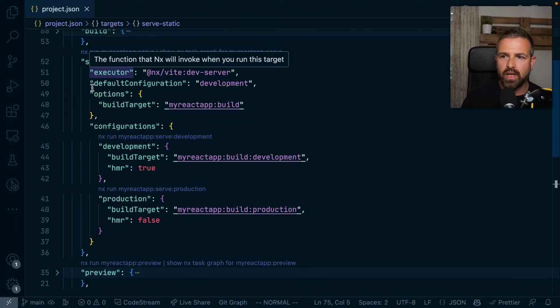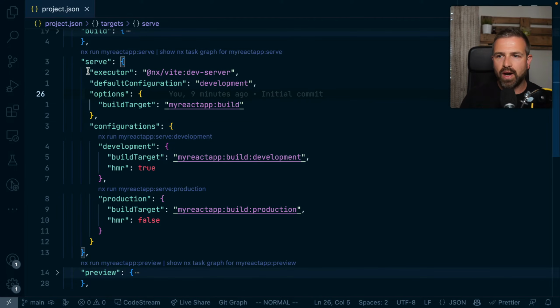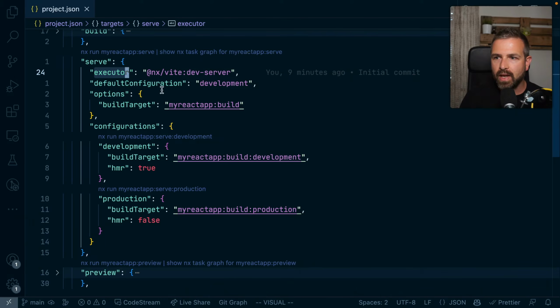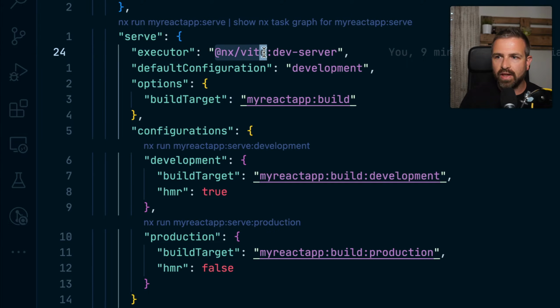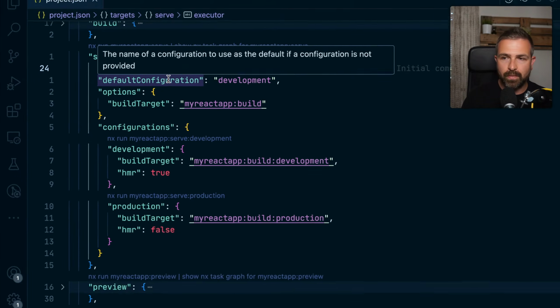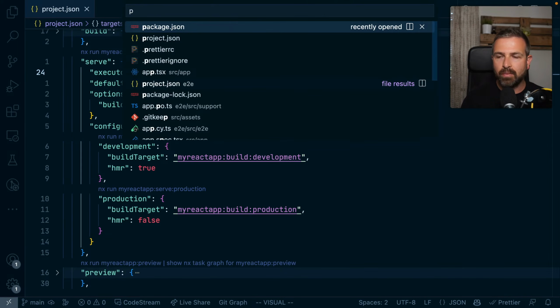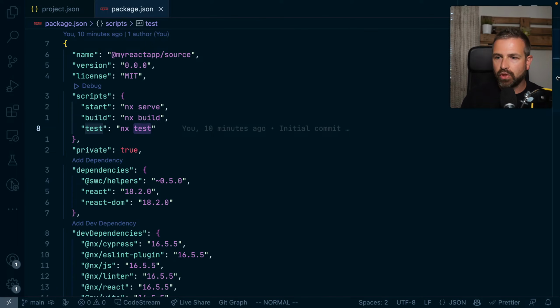So usually every target is defined by such an executor. An executor is a function that runs the task. So it encapsulates what an npm run script would do. And in this case, you can see this function lives in that Nx Vite package and it invokes the dev server function. And the Nx Vite package is a plugin that we have installed, which you can find here in